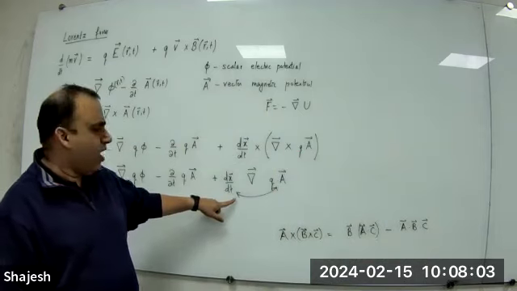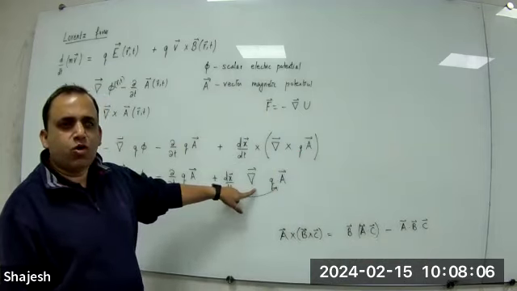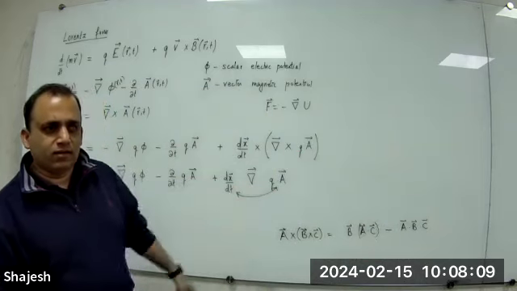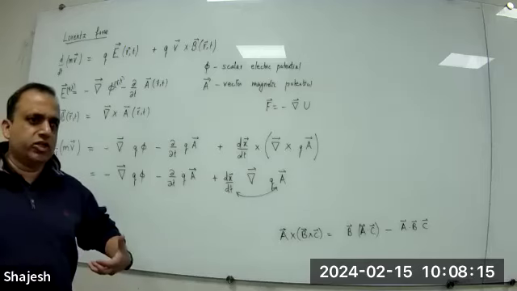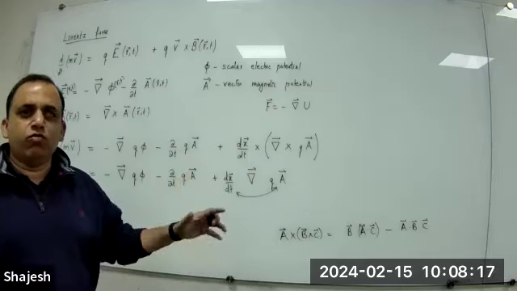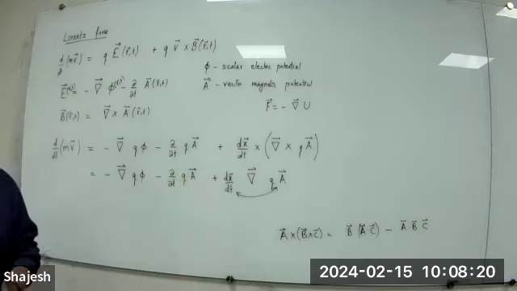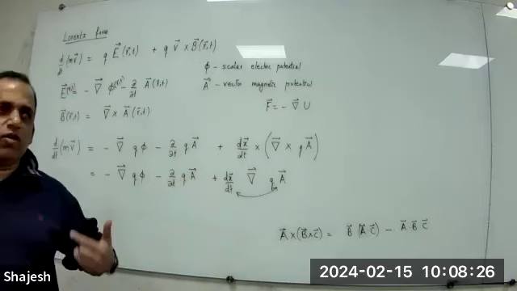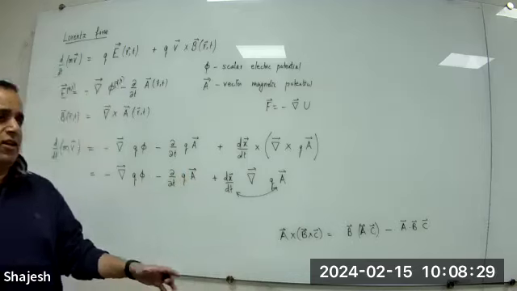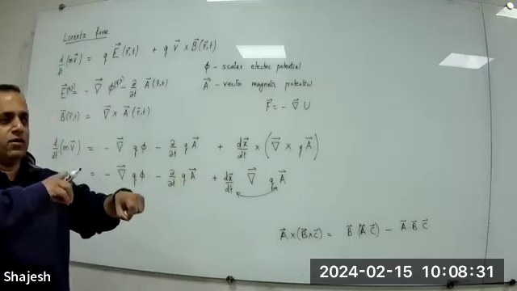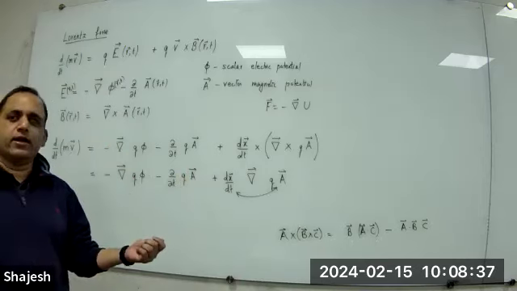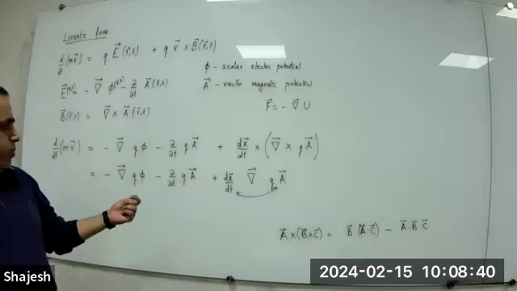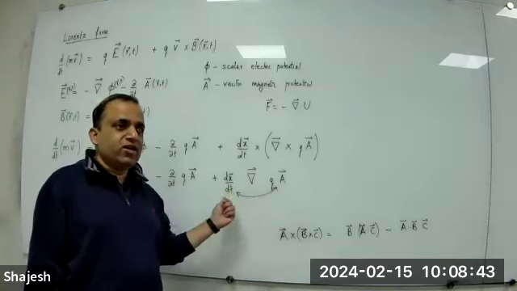How does the velocity depend on the coordinates? Velocity is a property of a charge. X, Y, Z is where you are. Velocity is how fast you're going. So it should not depend on coordinates. It's a fundamental property of a charge itself. If you have a charge density, you say that this point has one velocity, this point has another velocity. Velocity of a charge is not a coordinate dependent quantity. So because of that reason, you can take this into the gradient.